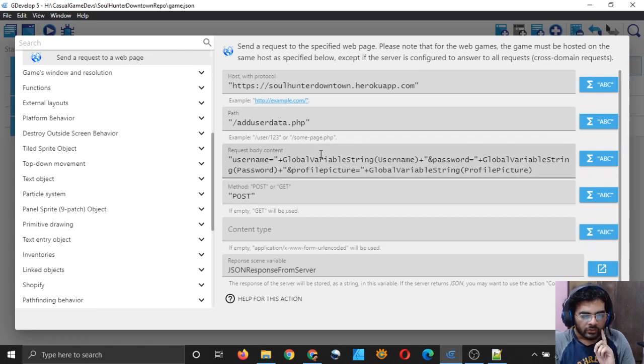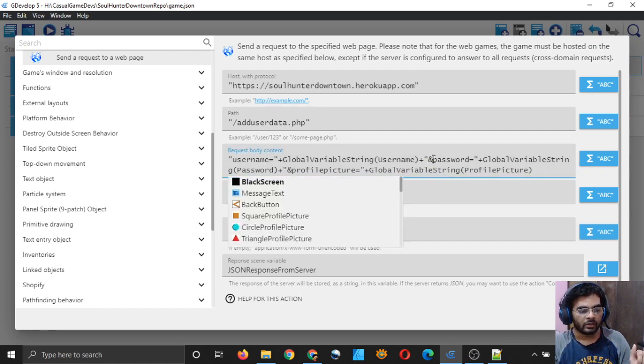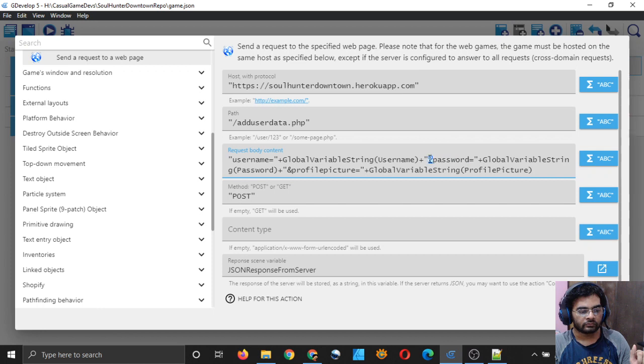So you can see how it's structured. Username is equal to, and then this whole thing is a string. The request body content, I mean the content which you will send in the request to the server, will be a string, and that string will contain your variables and their values. And if you want to separate two variables and their values, you have to use ampersand, this and sign, right?